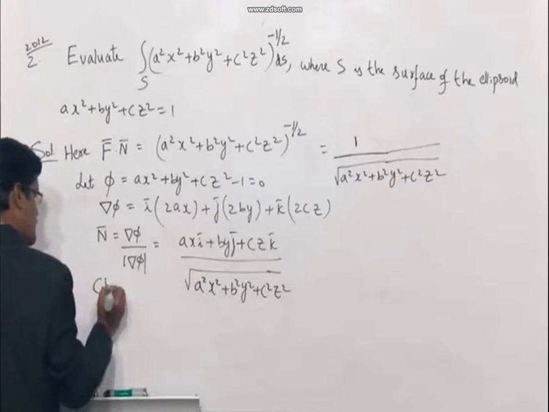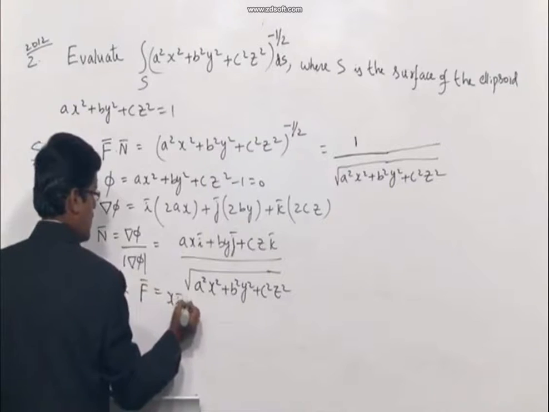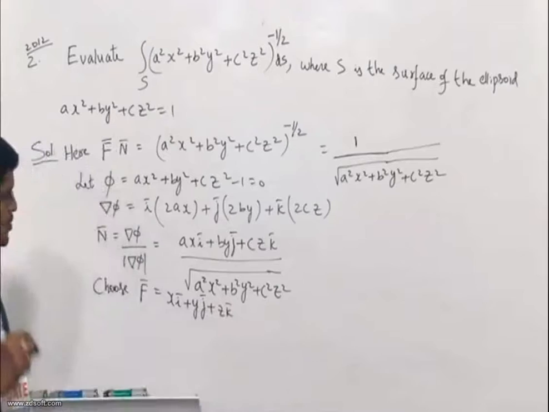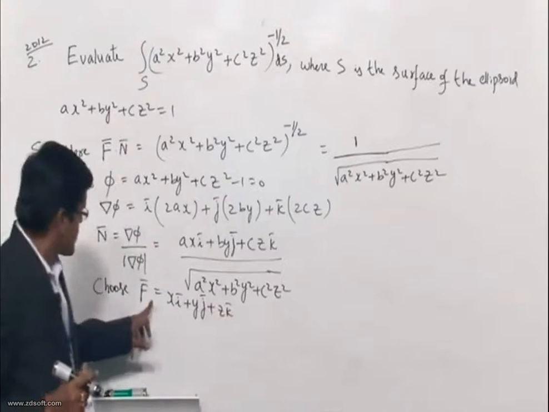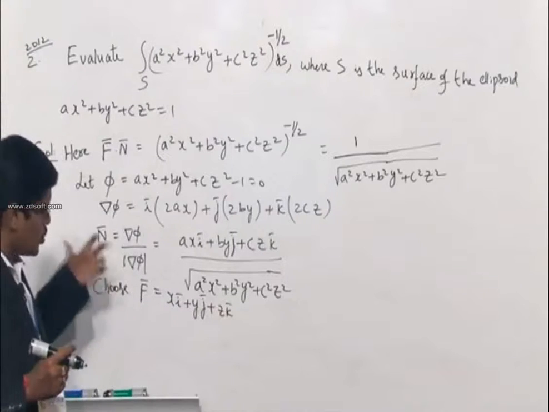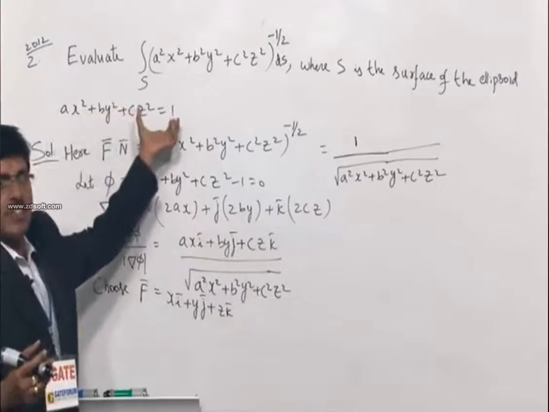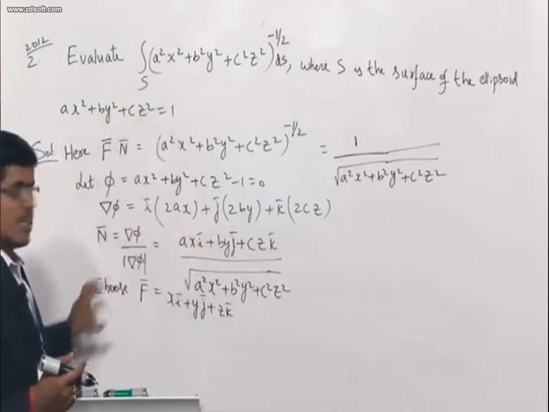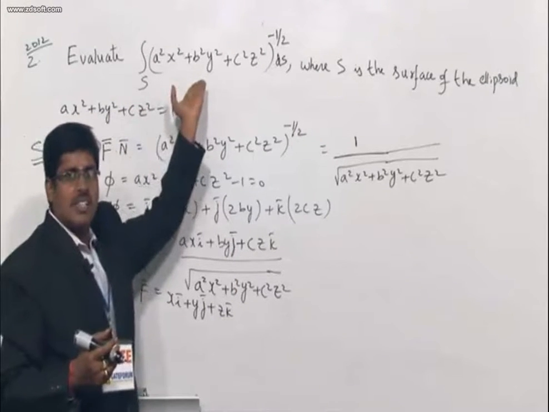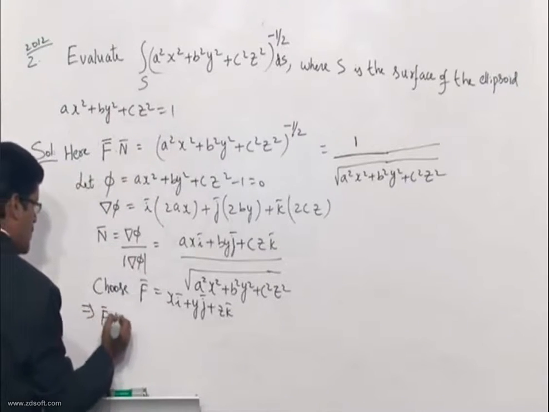So choose f bar is equal to x i bar plus y j bar plus z k bar. Why am I choosing it like this? If I take this f bar dot with this n bar, you will get a x square plus b y square plus c z square, which from the surface equation is 1. So finally this f bar dot n bar is nothing but the given integrand, which implies f bar dot n bar is equal to